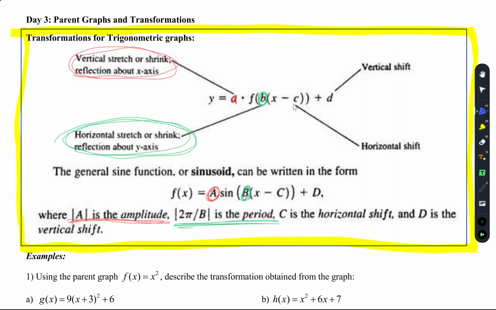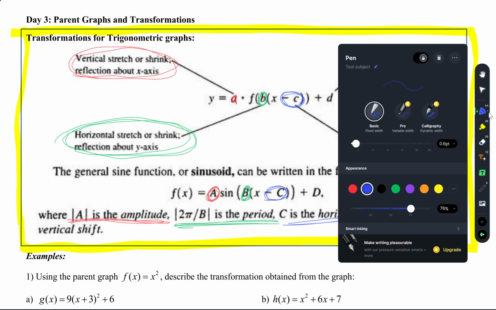So this guy, the minus here, that's your horizontal shift, and this one's always like the opposite. It's minus C. If you take calc, you'll know why it's always minus. But if it's minus C, you're going right, positive, left. The vertical shift,